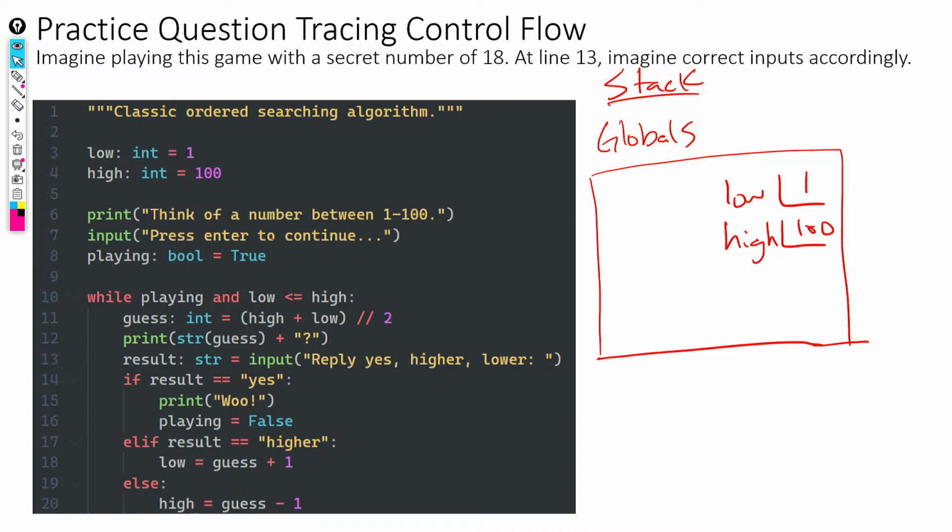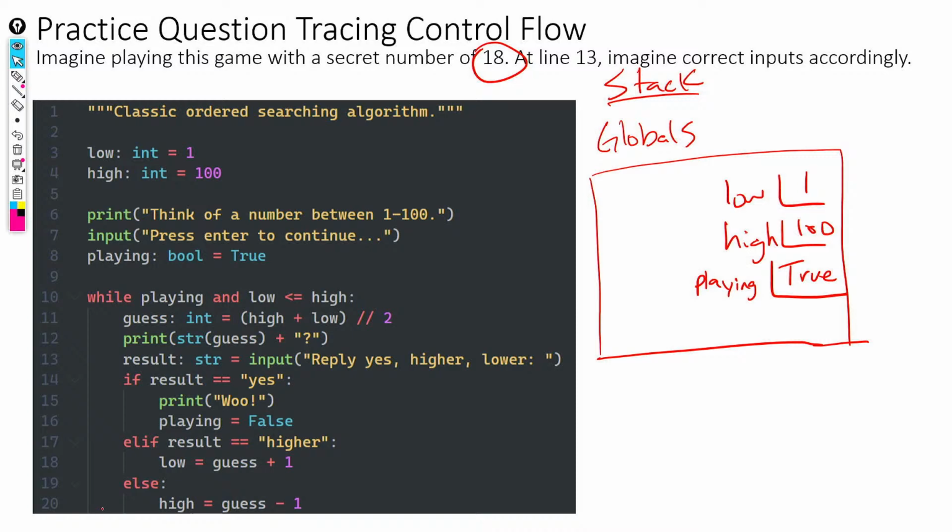So we've thought of this number. We're thinking of the secret number 18. That's nowhere in our program. That's only in our head as us, the end user of this program, thinking about it. We then set up a playing variable that's a Boolean, and it's initially true. So you can think of this as sort of representing whether or not we're still searching, we're still looping. And once we find our answer, we'll set that to false, and that'll have some implications on the loop.